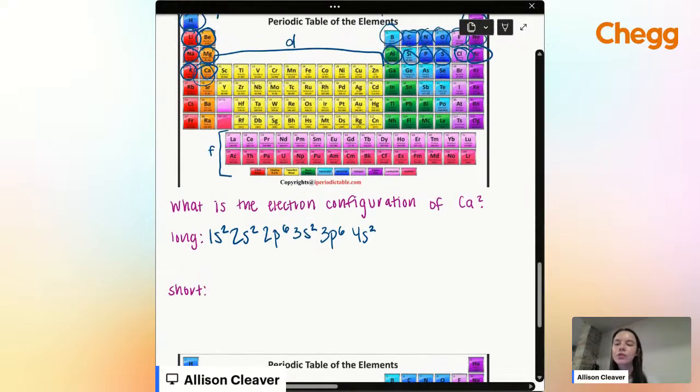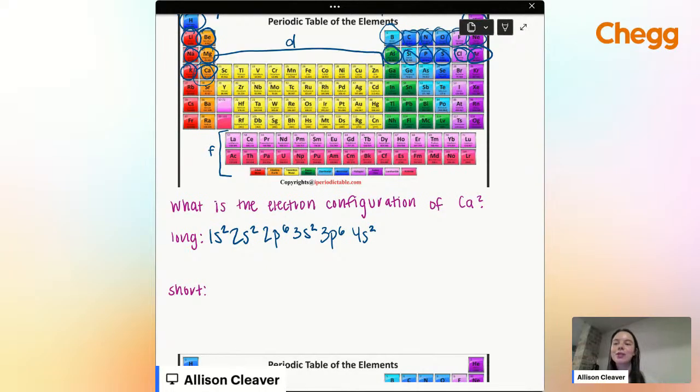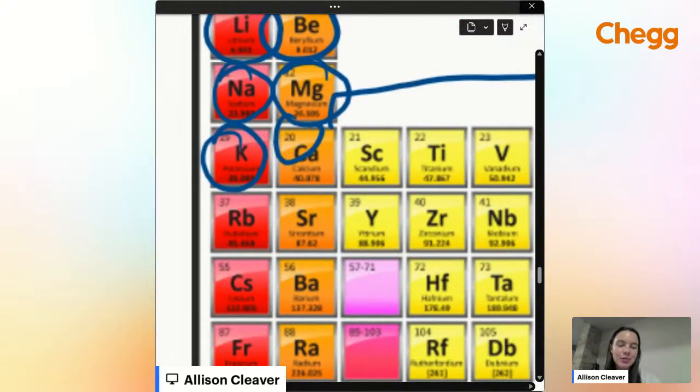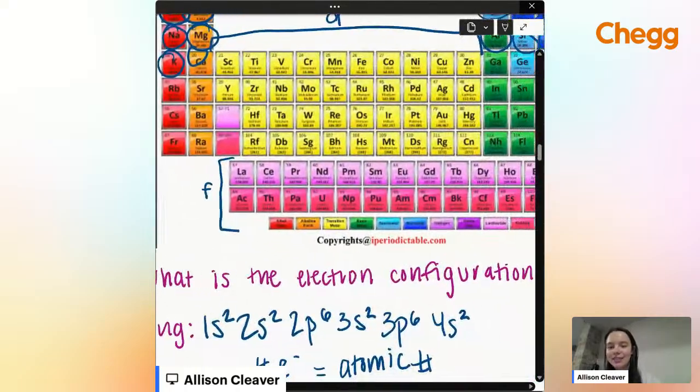Now, the way that we do this, actually, I'm getting ahead of myself. I told you guys I was going to go over how the atomic numbers match up with this. My bad. So now you're wondering, what does this even mean? How do I check myself? This is how you check yourself. You want the number of electrons you've added to equal your atomic number. So the atomic number of calcium we see is 20. It's very tiny, but I'll blow it up so y'all can believe me that the atomic number is 20.